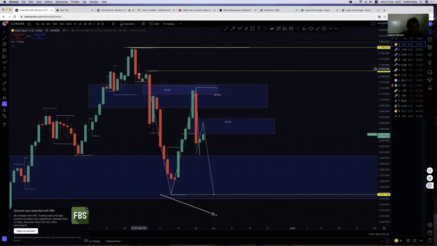If you are looking to go long and you realize that your daily supply and demand zones are failing, or your daily order blocks are failing, converting to a daily IFVG, inverted fair value gap, or daily breaker blocks, not order blocks,